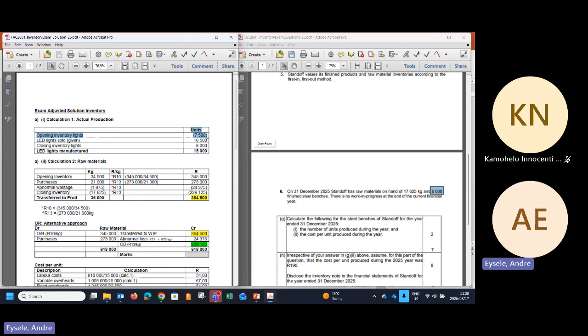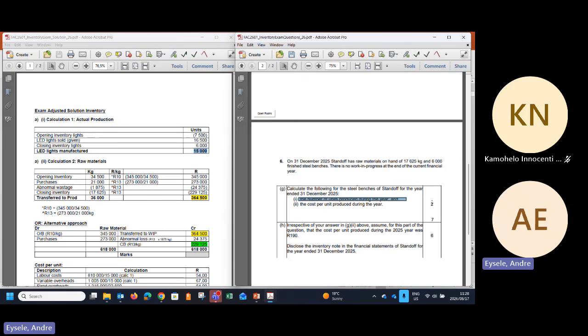Now, if you do your formula correctly and you bring over your closing stock and add it to your cost of sales, you get the amount of units produced: 15,000 units. Remember, cost of sales is 16,500, which equals 7,500 plus X. We haven't got X, that is X. Less your closing stock, 6,000. So if you add these two and deduct 7,500, you will get 15,000 as the units produced. That is your first item on the question.